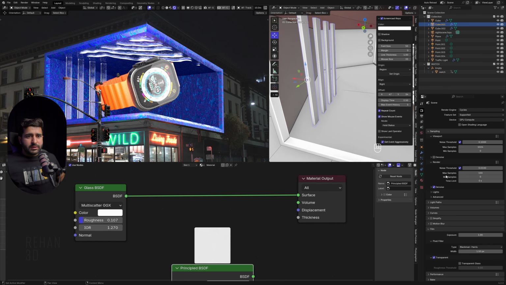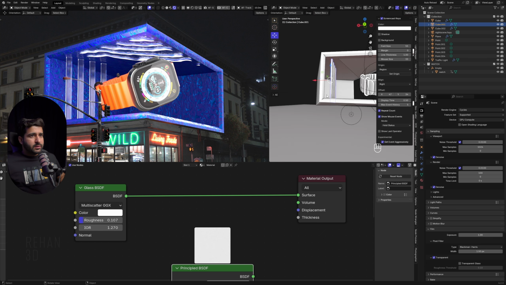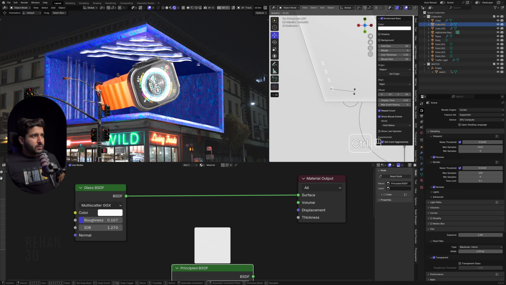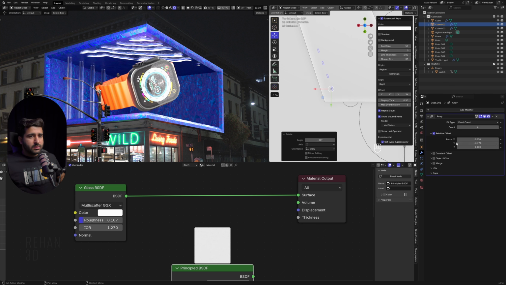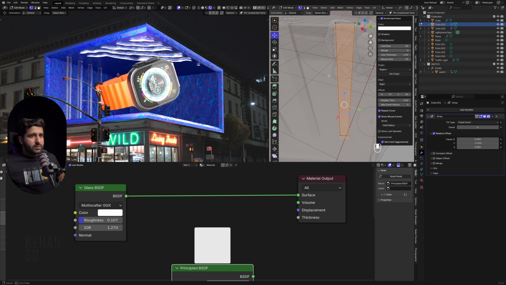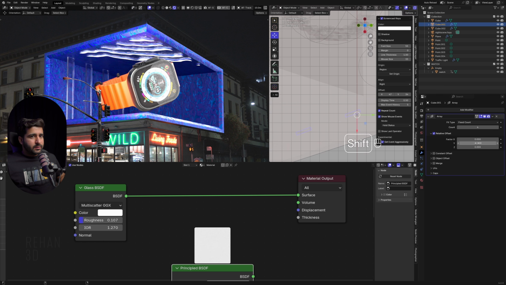Let me go into the render settings, denoise 0.01, so it will give more of a result like this. And now guys, this is looking good to me, so I will go with this and move it here like this. You can increase its gap, this. And if I go into edit mode, let me just scale like this.